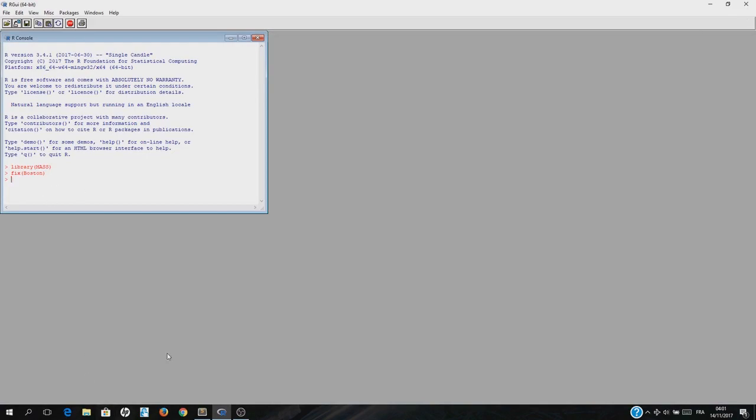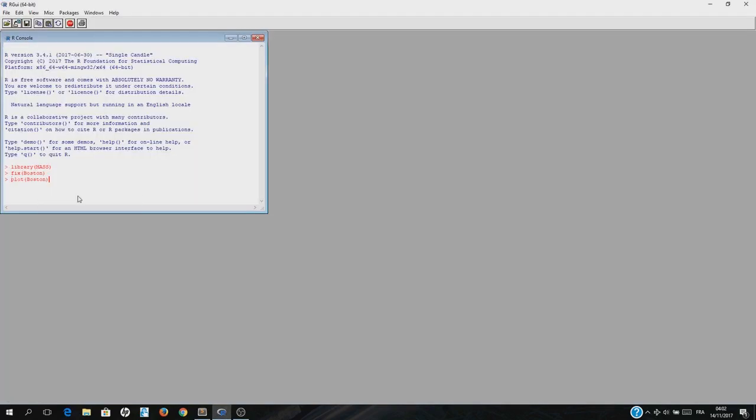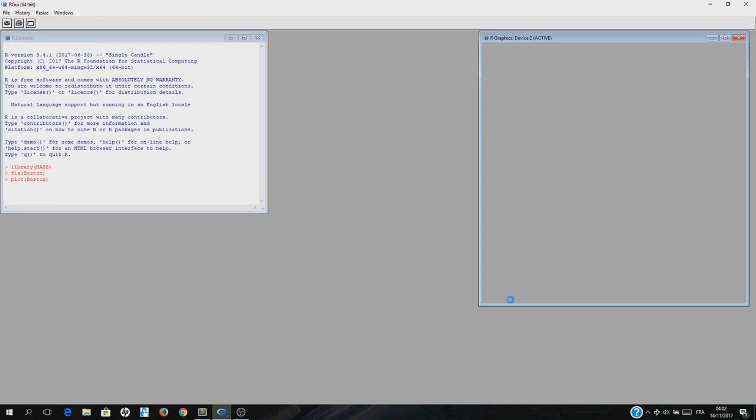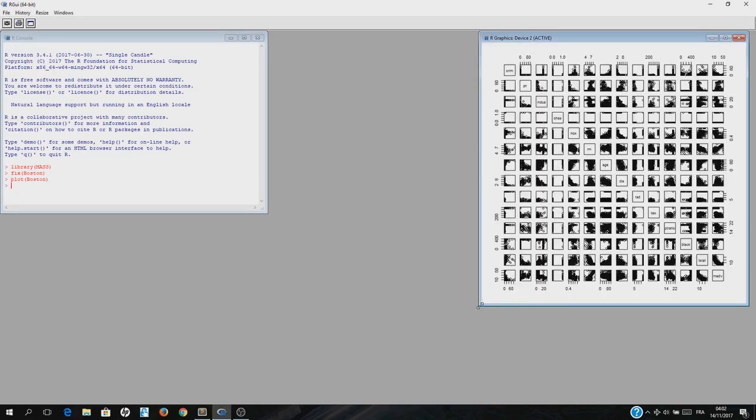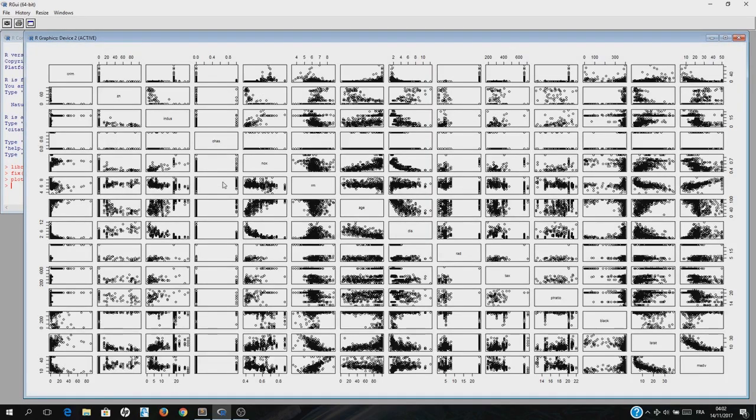So easily we can just plot Boston. Here we're gonna plot all the available relationships, or plots, between all the available variables. These are our variables as a diagonal,